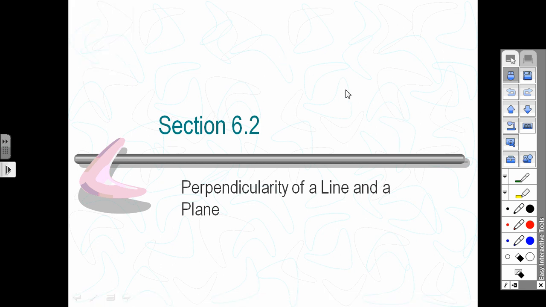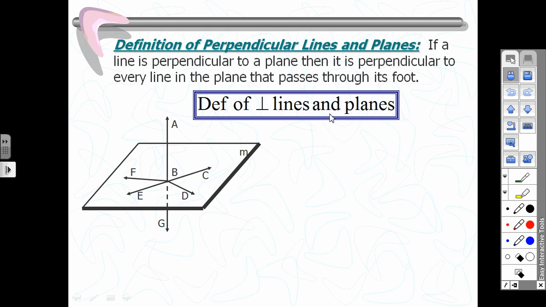Okay, here we are at section 2, which is talking about the perpendicularity of a line and plane. So what does that mean, you ask? Well, we're going to have a definition of perpendicular lines and planes. And what it means is that if you have a line that is perpendicular to the plane, so for example